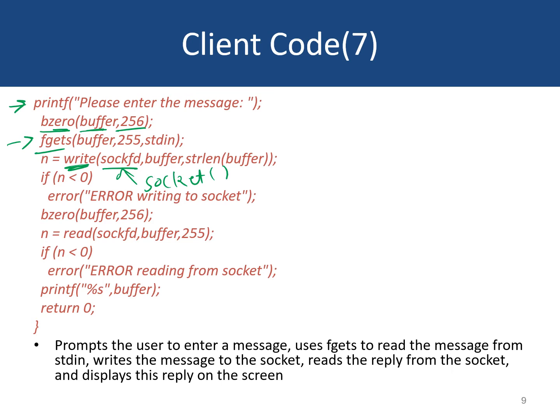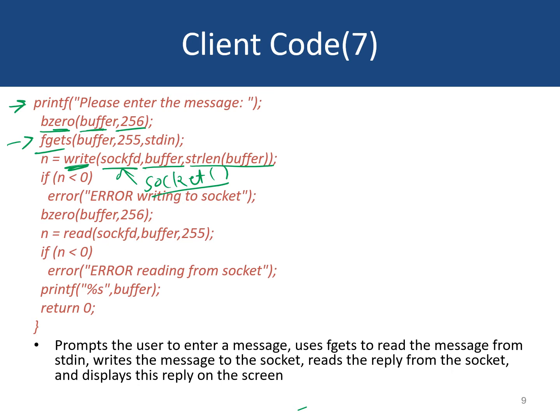Recall in the server program, when we used the write function call, we used the socket file descriptor that was returned by the accept system call, not by the socket system call. But that is different here. At the client, we will use the socket that was returned by the socket function call. The second parameter to the write function call is the buffer, which contains the message that we want to send, and the third parameter is simply the length of this buffer.